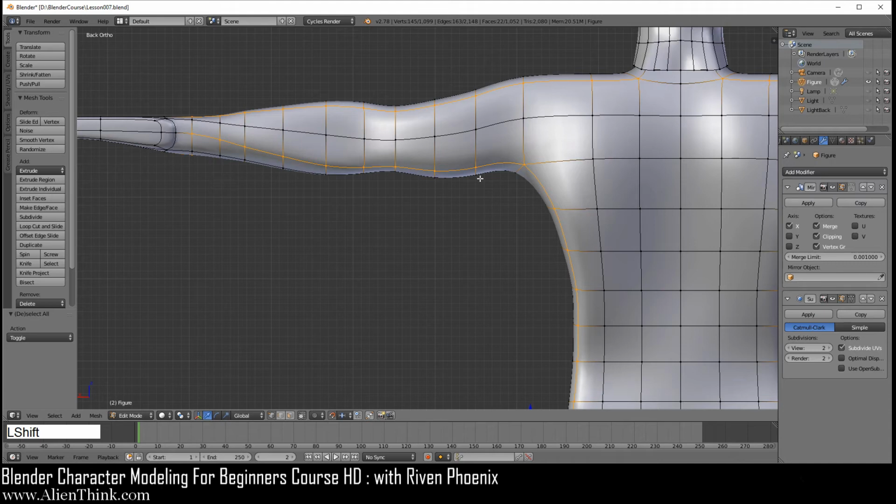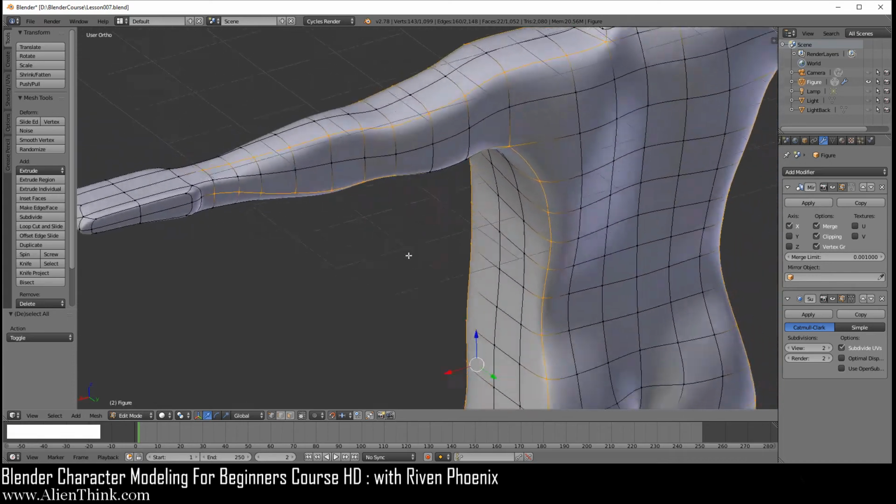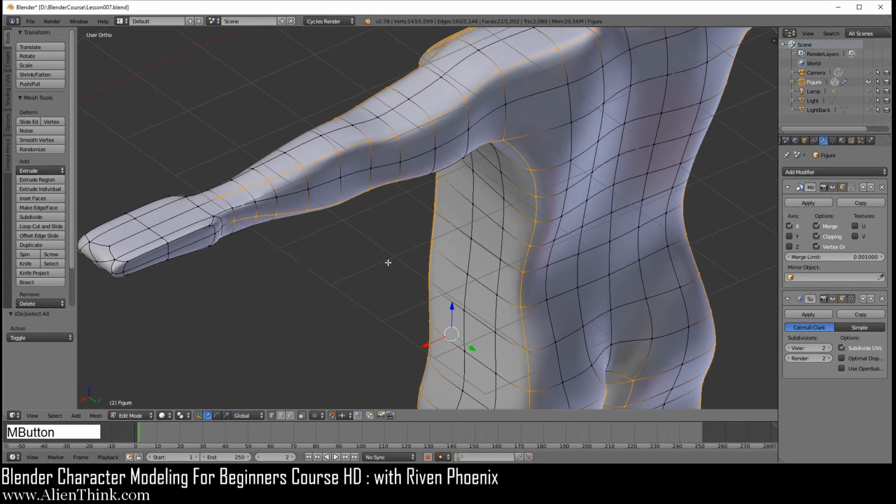So you're going to do Shift and right click on these two vertices to deselect them, then use the middle mouse button to rotate slightly over here. Basically there are three vertices on the top, going near the top of the hand over here. Have the Shift key down and right click 1, 2, and 3. You're going to deselect these three.